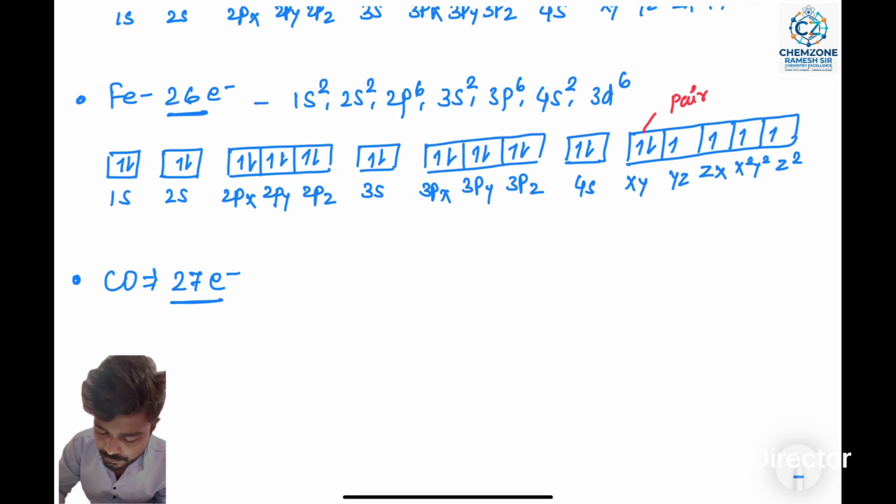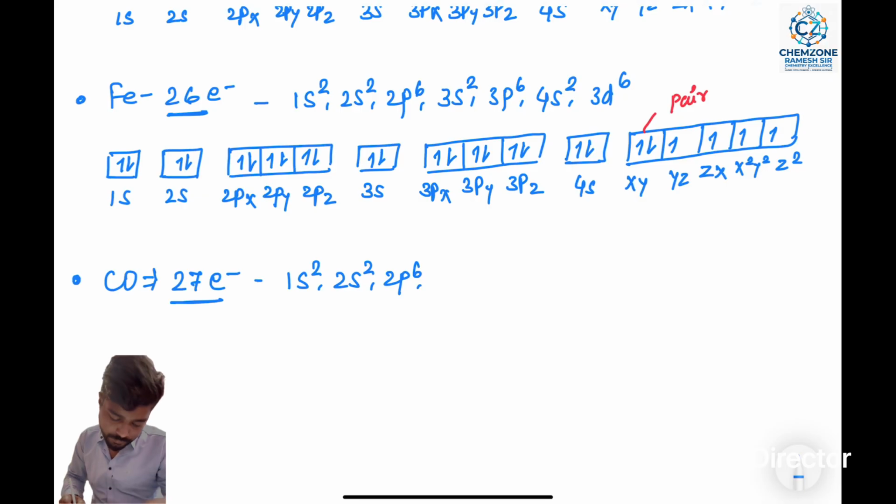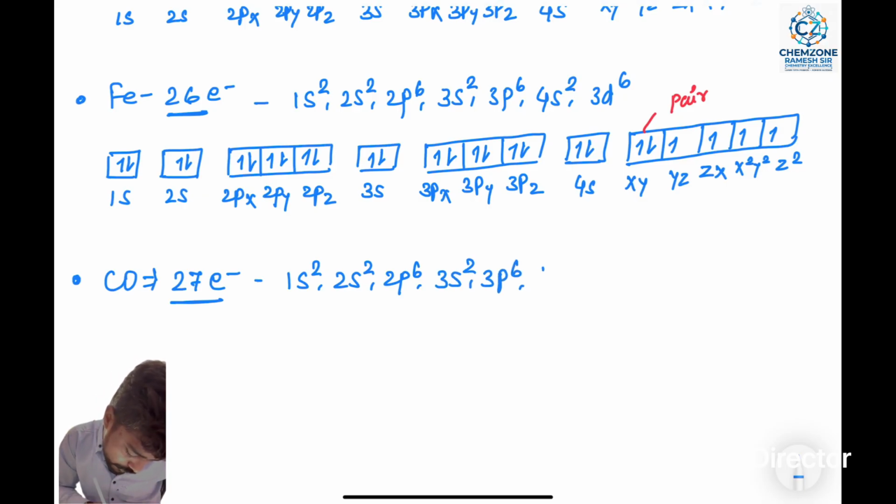Same to same: 1s2, 2s2, 2p6, 3s2, 3p6, 4s2 and 3d7. Okay, 27 atomic number. So next, we discuss again, and I am telling you here